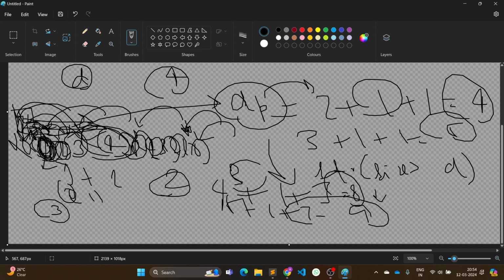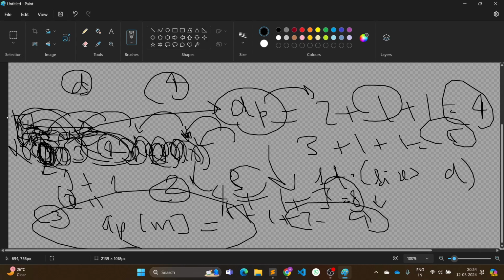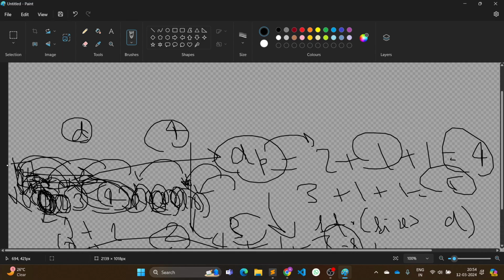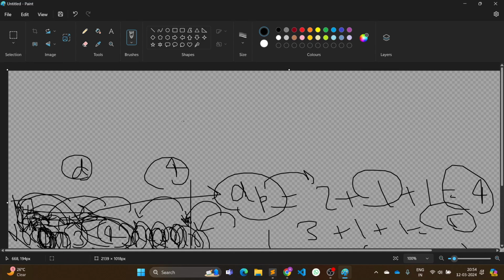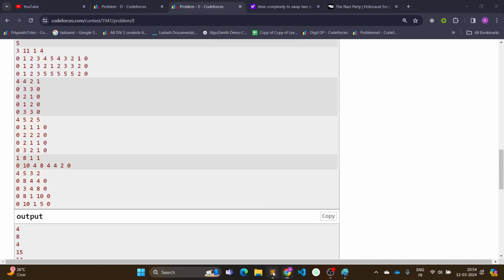ऑलराइट, हमेशा 3 पे कुछ वैल्यू जाएगी, 2 पे, 1 पे, 0 पे. ओके, और फाइनली मैं देखूंगा कि dp of m पे वैल्यू क्या हो रही है. dp of m पे वैल्यू इससे मुझे मिनिमम मिल जाएगी, ठीक है? ओके, और उसके बाद मुझे क्या करना है कि मुझे कंसेक्यूटिव ब्रिजेस बनाने हैं ना, तो मैं एक